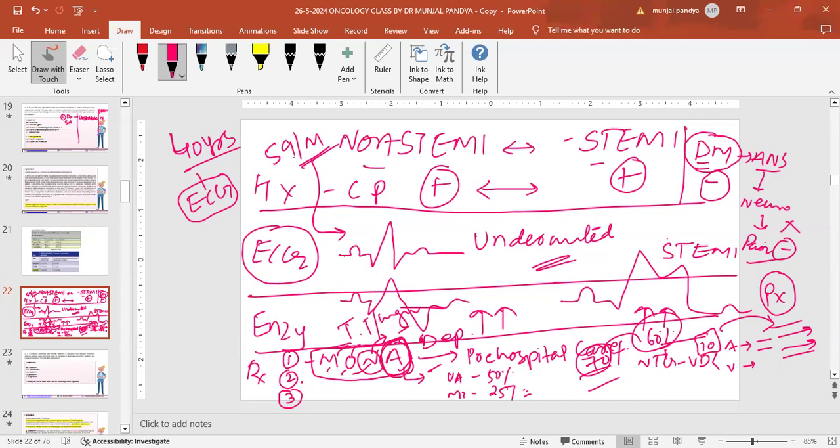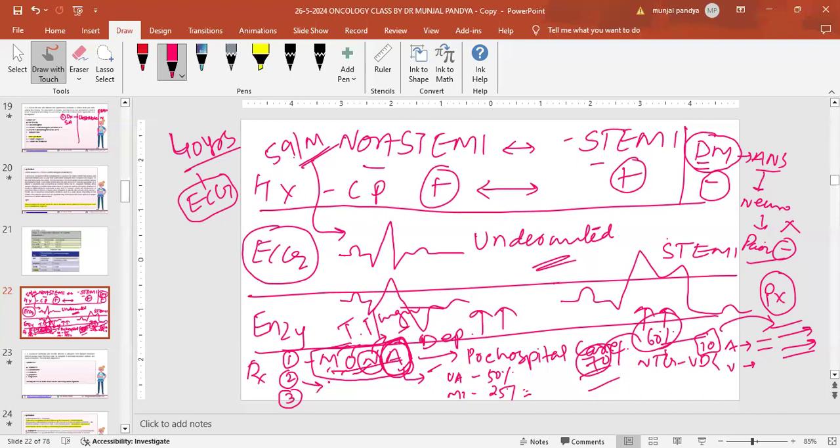So once you have given the Mona, what is the second choice of the treatment? These are all questions in the exam. What I'm trying to discuss for the last 15 minutes, all questions in the exam, believe me, everything will come. So try to understand the logic, and at the end of the session, if you don't understand, ask me. So once you have given Mona properly, what is the next best option? Your hospital is one of the best hospitals in the world. You have all resources. Whatever you want to do, you can do it. So now, what's the best option?